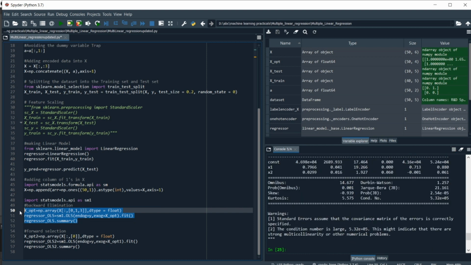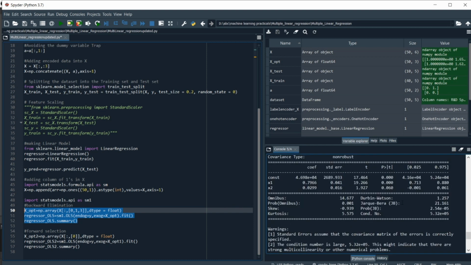line of code. Now after that, as you can see, all the independent variables have values less than our threshold value, that means they are going to have a high relation with our dependent variable y. So now as you can see here, we have the remaining 0, 1 and 3 columns. So if we are going to use these 3 columns for fitting of our model or for training of our model, then the prediction that the model is going to make will be quite high compared to the previous one.